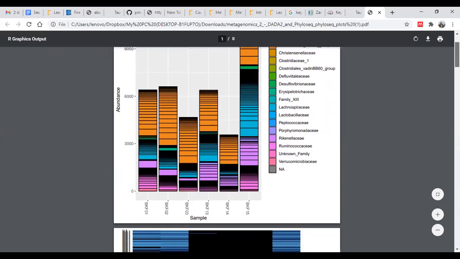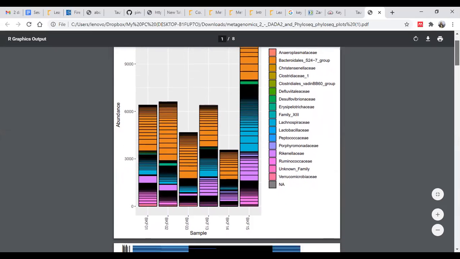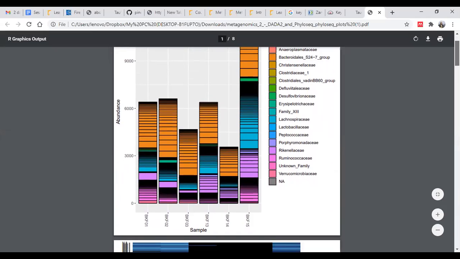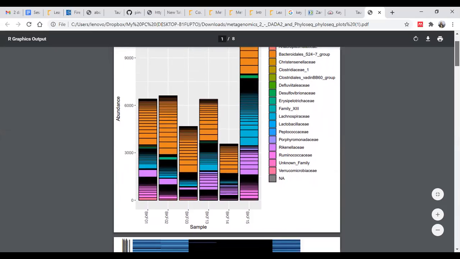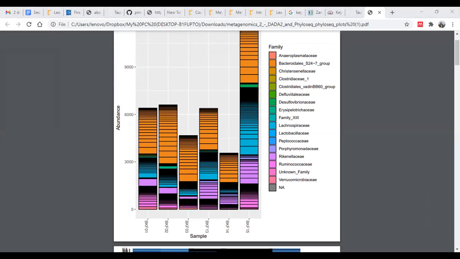First it will explain alpha diversity. Are you familiar with what alpha diversity and beta diversity are? Okay, alpha diversity explains the microbiome composition differences within a single sample.